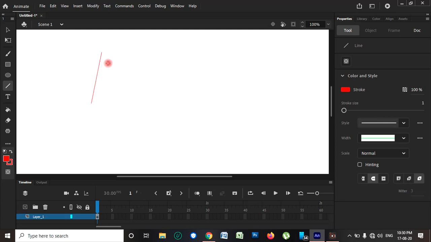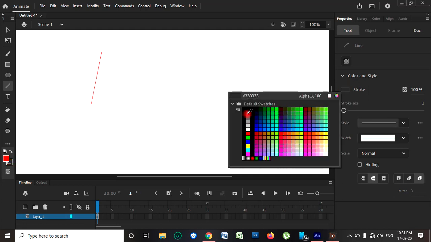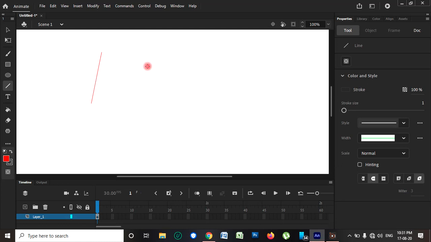Okay, now this is the straight line. Now we have drawn the straight line. If you want to change this color, which is red, to change the stroke color, click over here, and now we are going to change its color. Okay, now we'll take this color. Now see here, the black color will be drawn here.